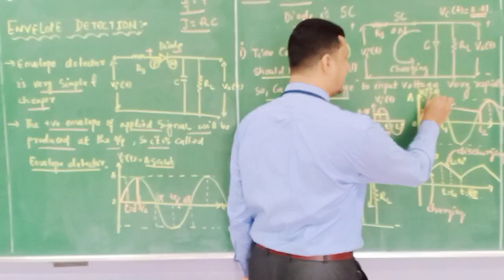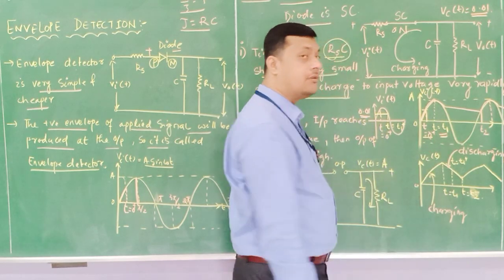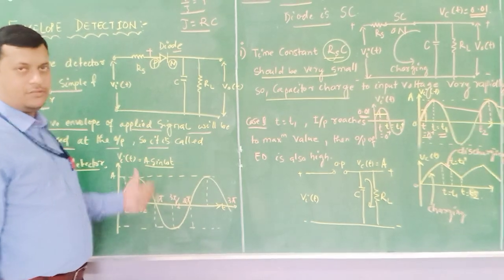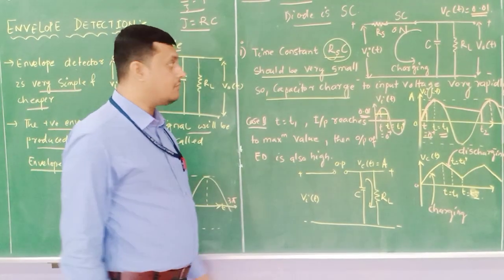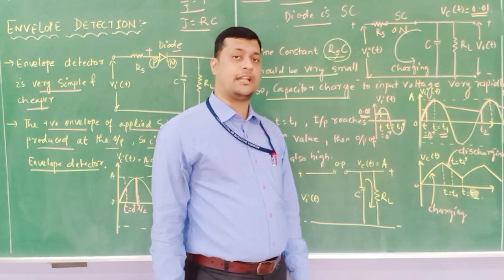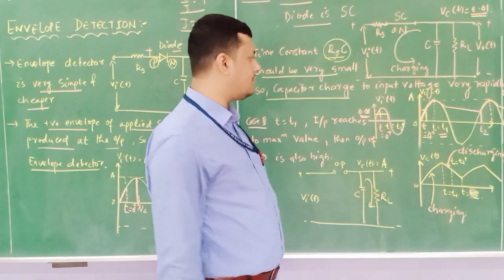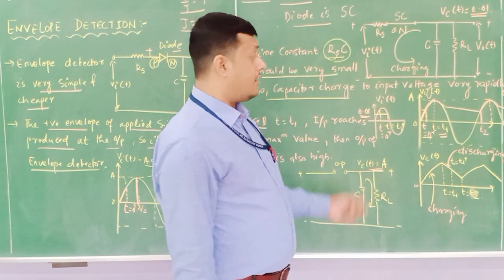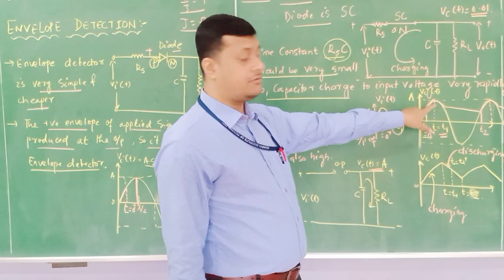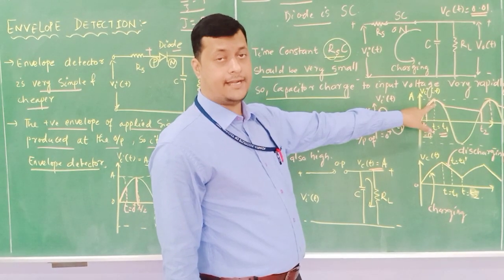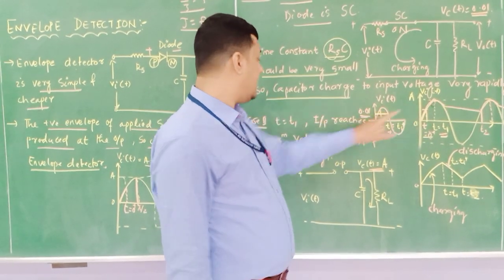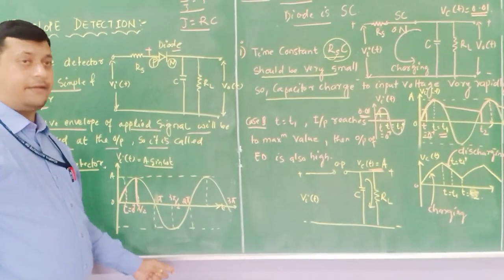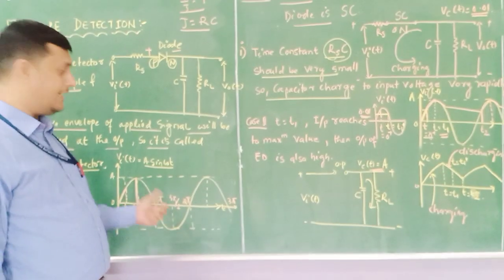Then when it is increasing, let us consider time period T is equal to T1. At T is equal to T1, we are getting the peak amplitude. Now when we are getting the peak amplitude, your capacitor will charge up to potential A. So Vc of T is equal to A. As you can see, Vc of T is equal to A. Now when Vc of T is equal to A, it reaches the peak value, then when the input potential is coming into the negative phase, means coming into the negative potential, it is decreasing.